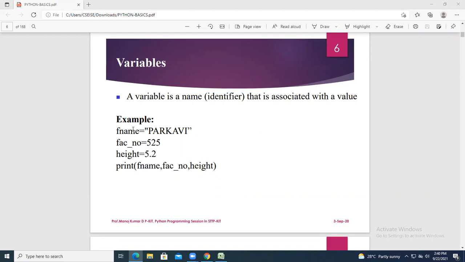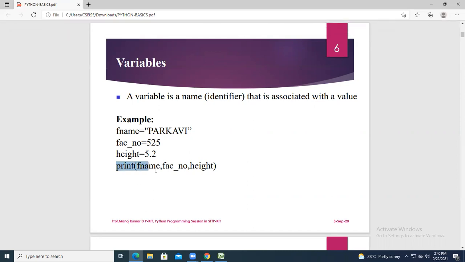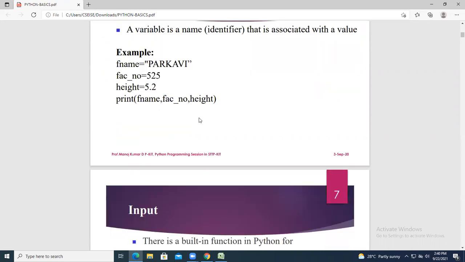We have taken 3 different variables, and each one has a value of a different data type. Finally, to print all the values, you use the print function. Print all the 3 variables and you will get all these 3 values as output. That is the first example. So you have to write it, then you can type it. I will tell you later how to type the program and where.